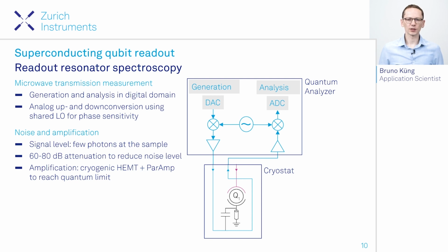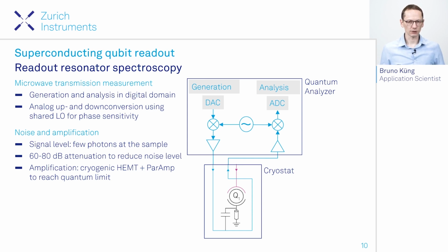The signal amplitude in the sample is really low actually, so it's a level of a few photons in the resonator that we aim at, and to get to these low signal levels while still having a good signal to noise, what we do is we attenuate the signal from room temperature down to the cryostat to suppress the noise at room temperature, which is thermal noise plus instrument noise, to suppress it below the thermal noise level at base